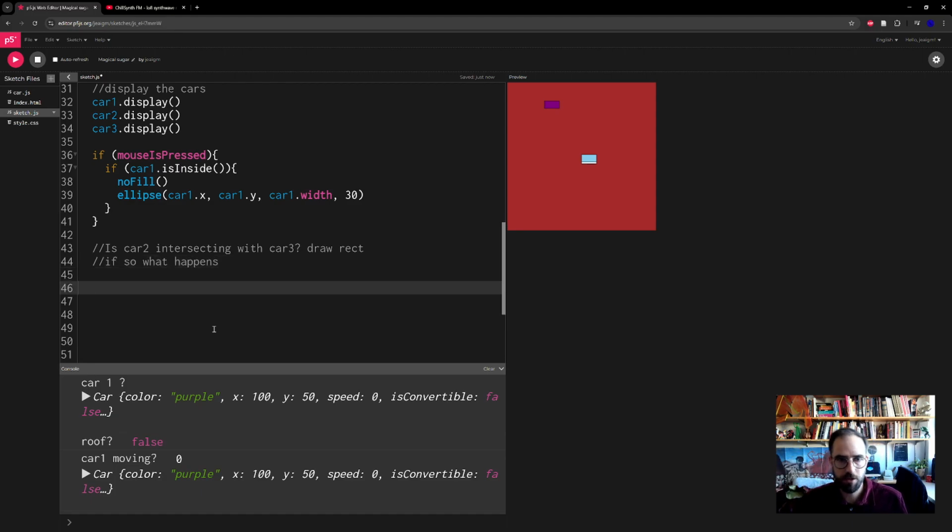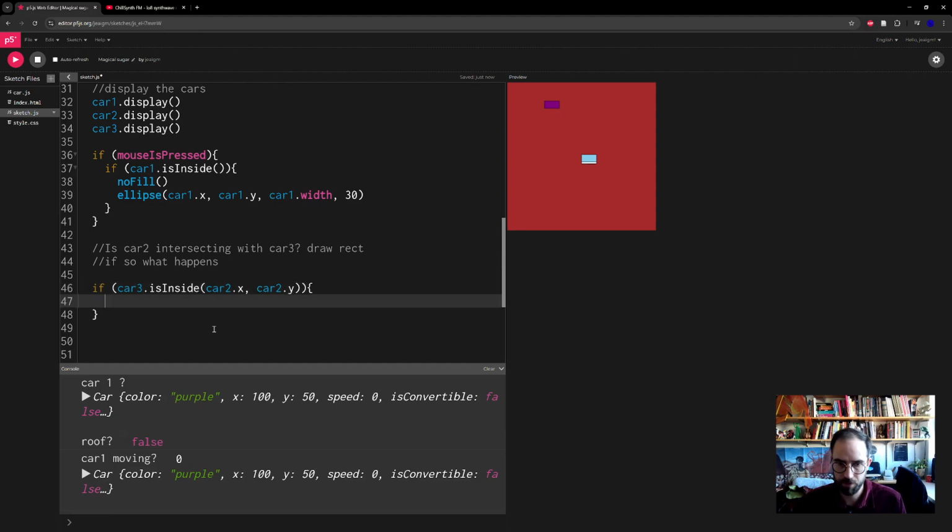Well, if by chance that car is inside of car 3, then we'd make an if statement that says car 3 dot is inside, so we're reusing that little method there, which we have not created yet, so keep that in mind. Car 2 dot x, car 2 dot y,